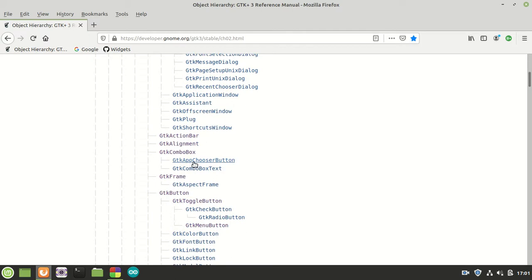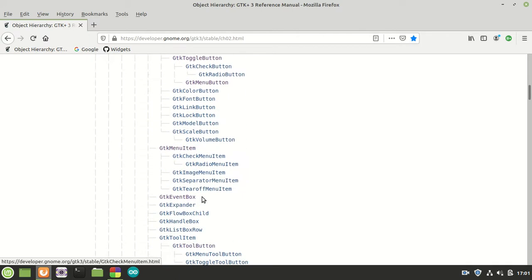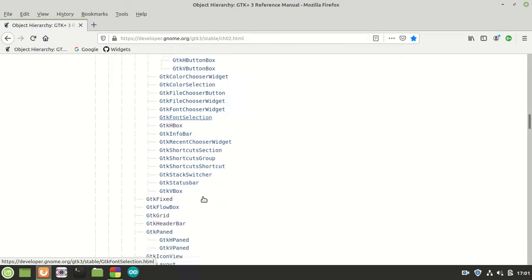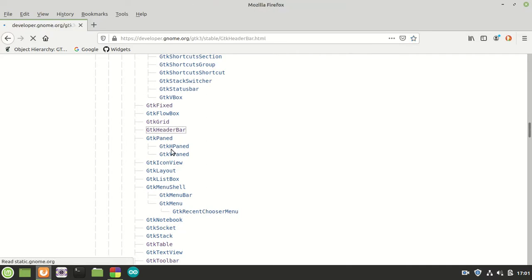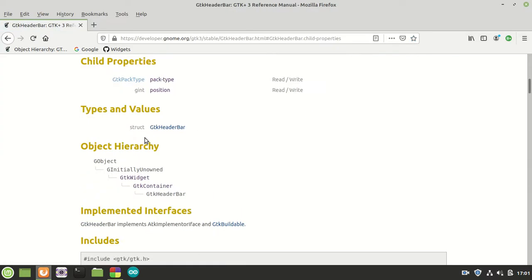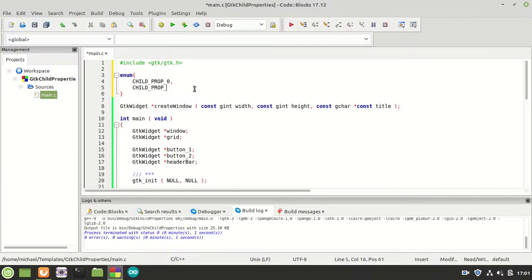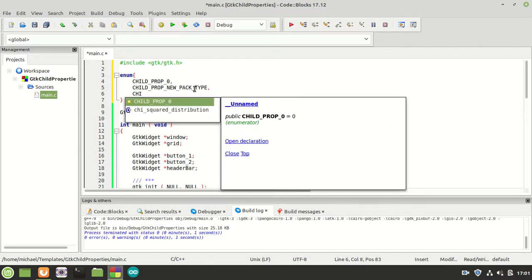GTK HeaderBar, I need it now. Where are you? Right here. So the child properties of the GTK HeaderBar at this point were two: the pack type and the position. So we are basically doing the same thing. We are going to say a new pack type, and of course child property new position,